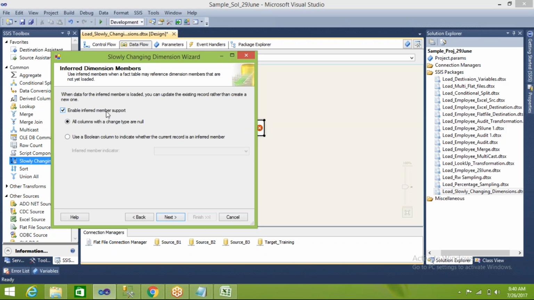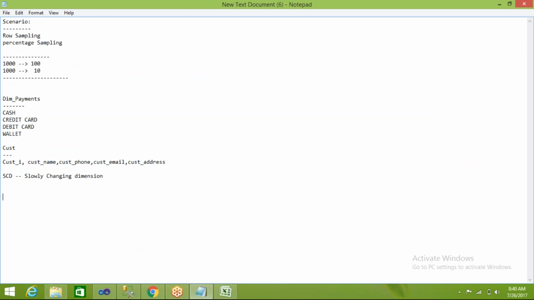And inferred member support, so just uncheck this. So what does inferred member mean? In a data warehouse, our thumb rule is to load dimensions first and then facts next. That means loading the primary keys first, dimensions first, facts next. Dimensions will contain primary keys,